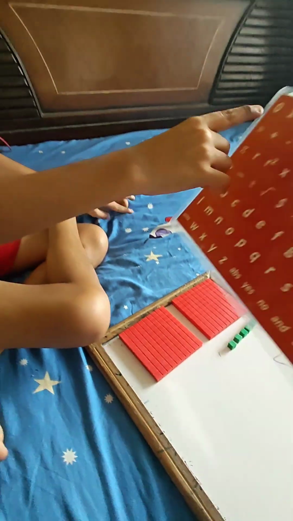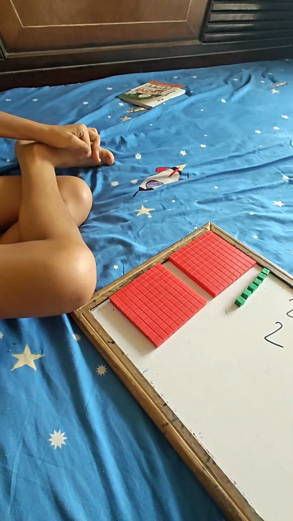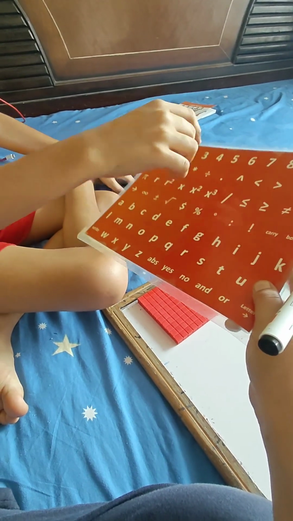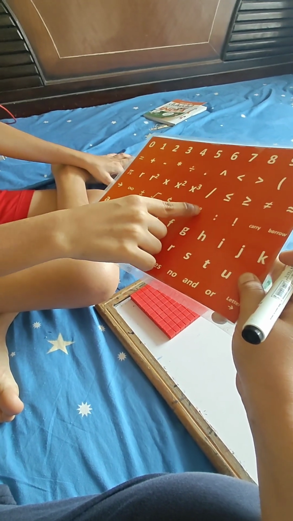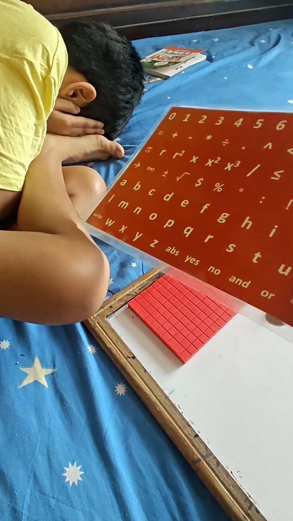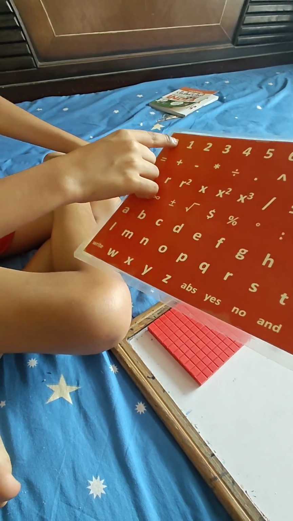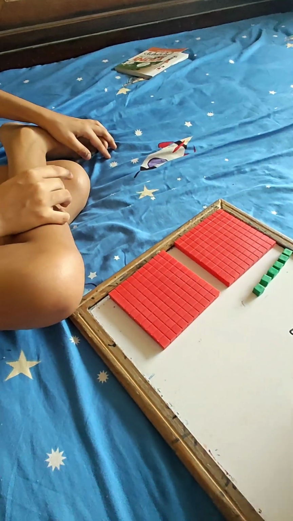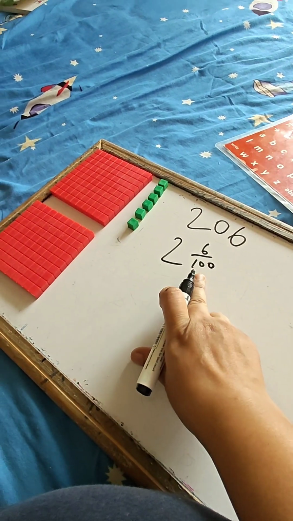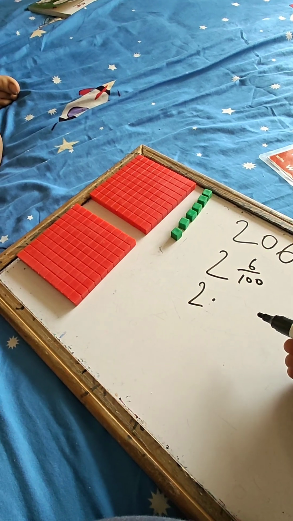Okay, use this board. We have 2 full units and this is slightly tricky. Now, this is very important what you say here. 6 by 100, yes, 6 out of 100. It's not 6 out of 10. 2, 6 by 100. Now, if we have to show it in decimals, 2 dot